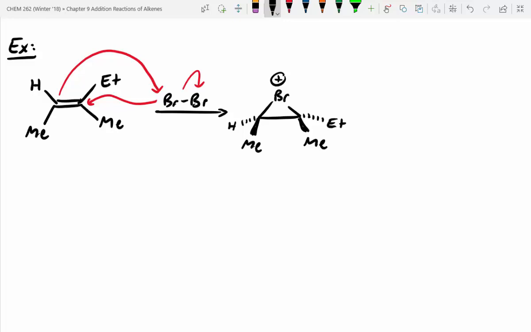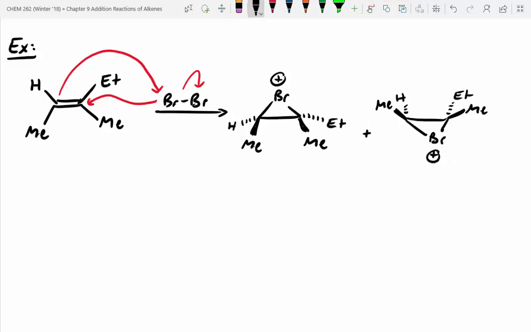And it gets a little bit confusing, too. Some students will say, well, why did the bromine only go up? The reality is it can go either on the top face or bottom face of that pi bond, right? So let's draw both of these, and I'll show you what I mean by that. So you would get both of these intermediates. And the reason for this is, let's take a different view of the starting material, and I'll do it more